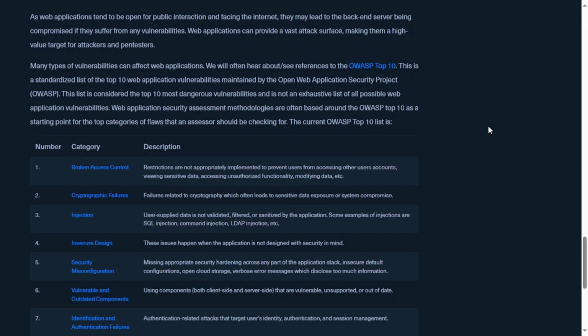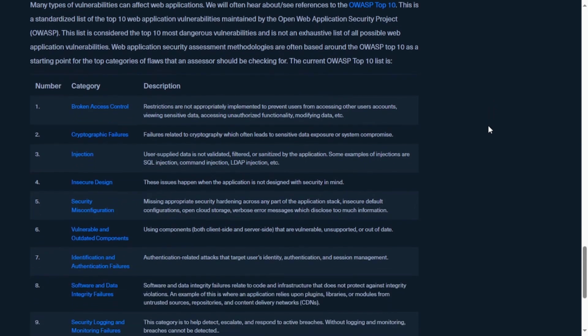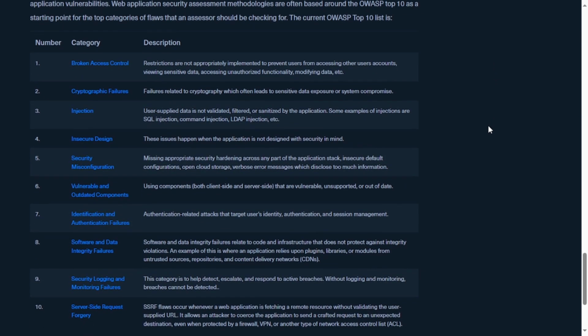This is a standardized list of the top 10 web application vulnerabilities maintained by the Open Web Application Security Project, OWASP. This list is considered the top 10 most dangerous vulnerabilities and is not an exhaustive list of all possible web application vulnerabilities. Web application security assessment methodologies are often based around the OWASP Top 10 as a starting point for the top categories of flaws that an assessor should be checking for. The current OWASP Top 10 list is: